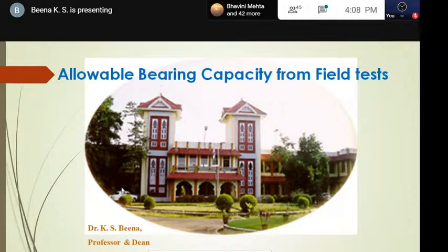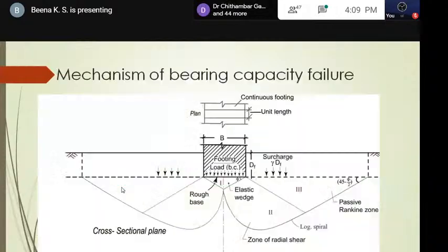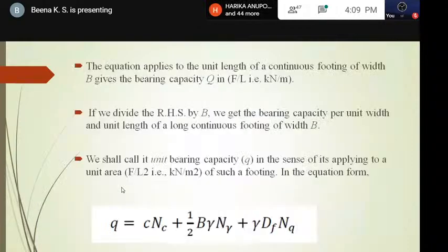So, good afternoon, one and all. Today, we'll be focusing on the field test. I think you have been given a basic idea regarding Terzaghi's analysis, how to find out the bearing capacity using bearing capacity equations, what is the mechanism of the bearing capacity failure, and how to calculate the bearing capacity